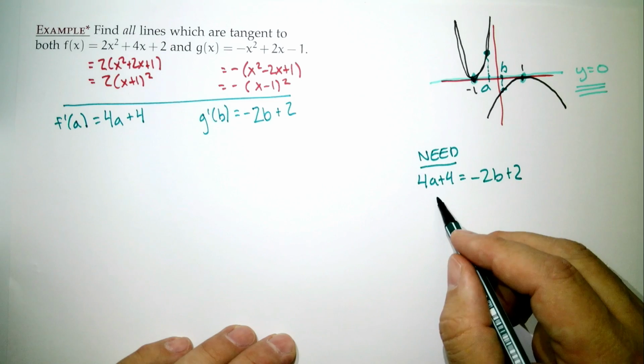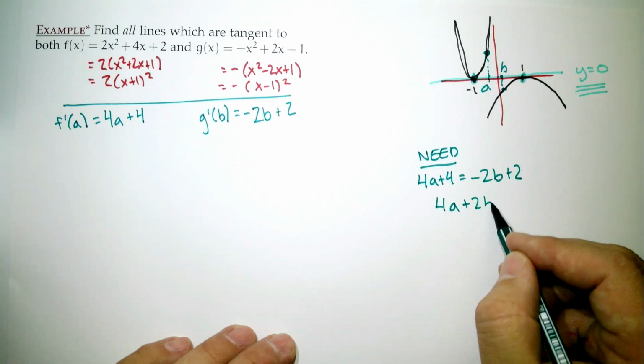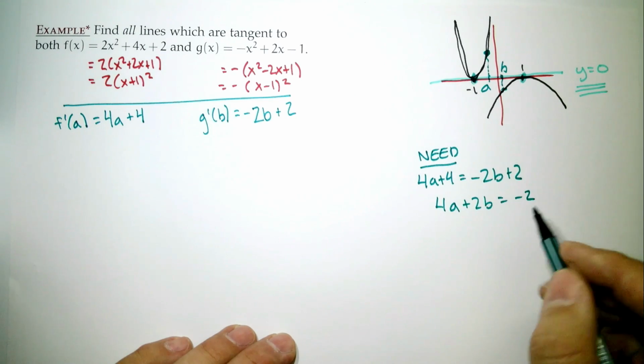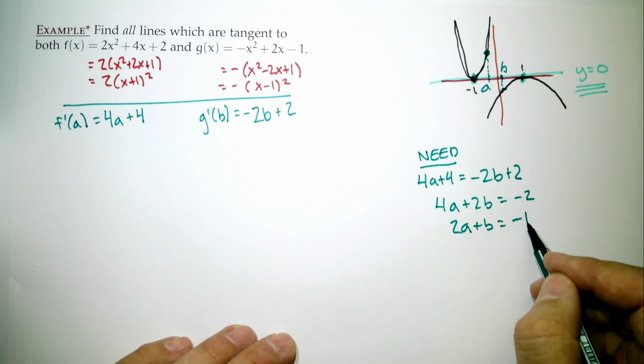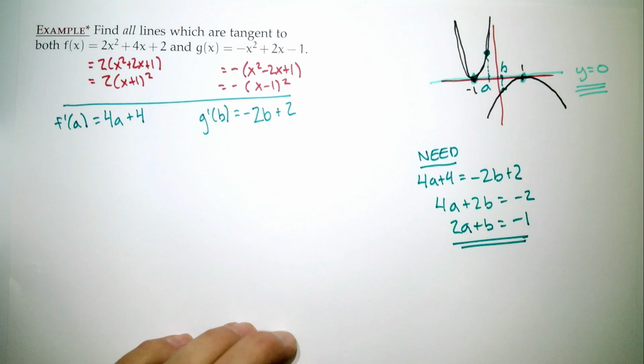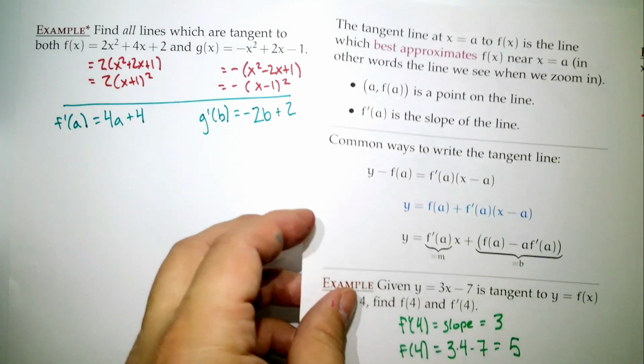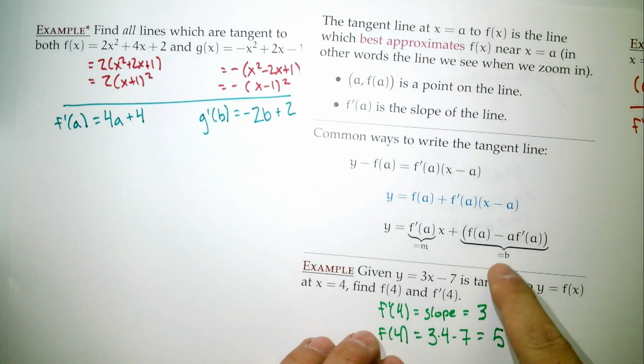Or we can rearrange things. 4a plus 2b had better be equal to negative 2, or 2a plus b had better equal to negative 1. So there's one fact that we need. That's not enough. All right, so we said the slopes have to match. The other thing we said is that the intercepts have to match. And we wrote this down and sort of didn't pay much attention to it, but we actually have a